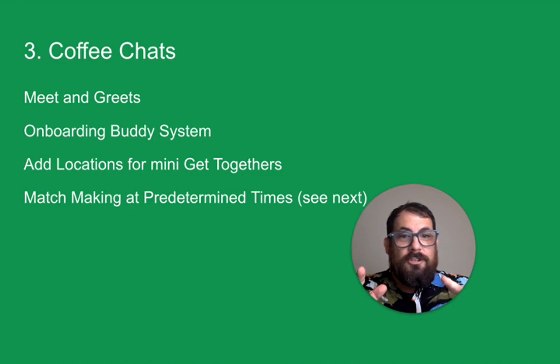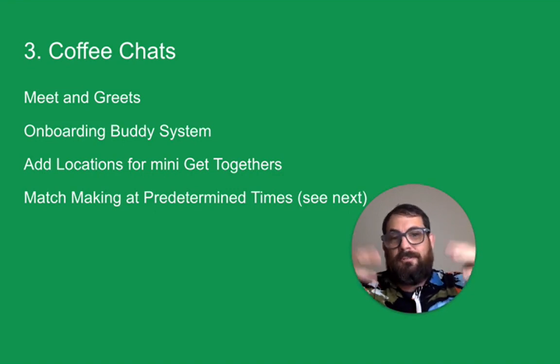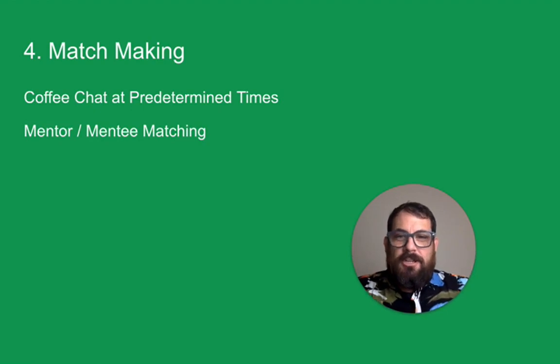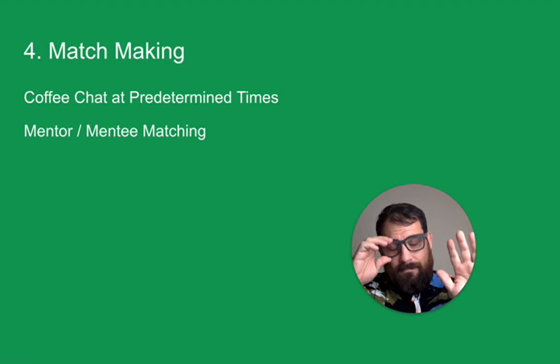Some great communities that do this online already are Indie Hackers and Nomad List, who they have locations of each person, and people say, hey, I'm in this location. Does anyone want to meet up? And they meet up. Next up is matchmaking, where you can have people fill out a Google form and say,